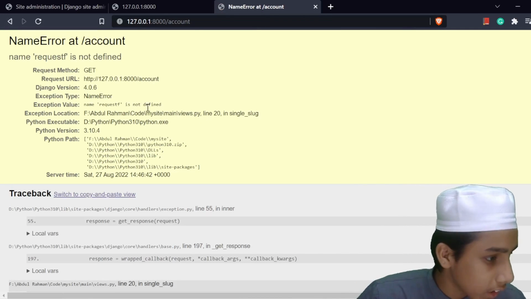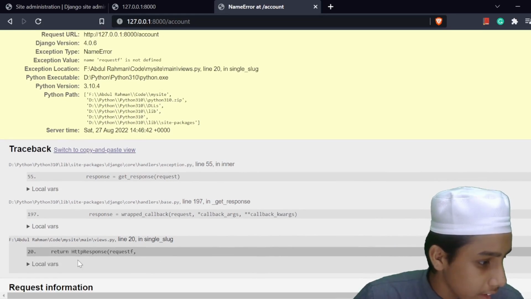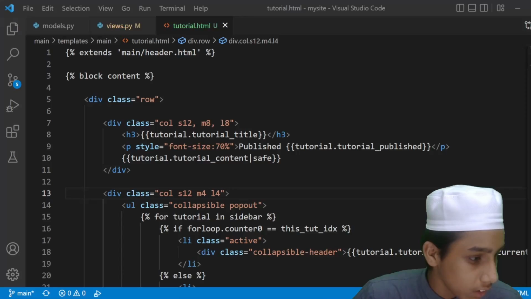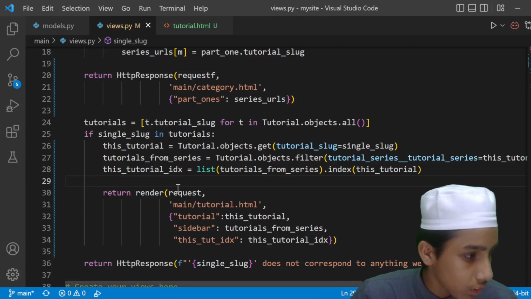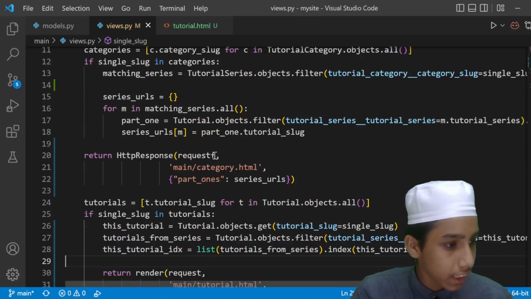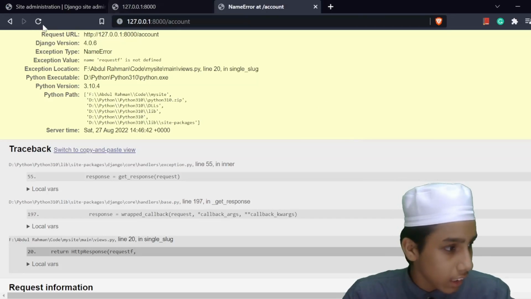Now I'm getting a request error. Return HTTP response, line number 20 in views.py. Line number 20, we are getting this, so I have made this mistake. Now if I reload,